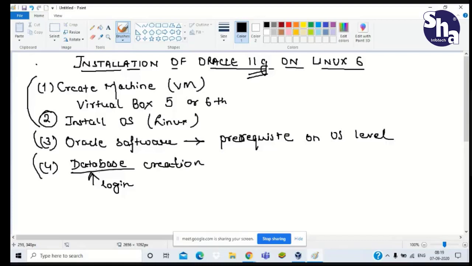Basically, I have seen that VirtualBox version 5.1 or 5.2 works on every type of PC or laptop. So I recommend this fifth version. Okay, sir, I also have the fifth version. Let me check it.